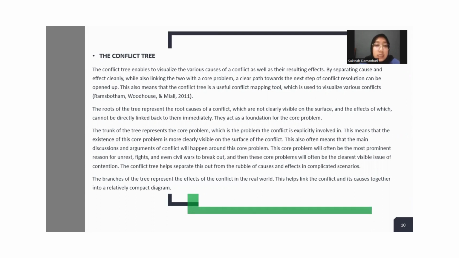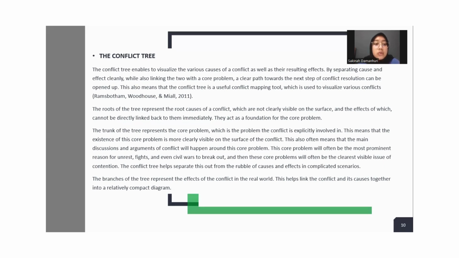This also means that the conflict tree is a useful conflict mapping tool which is used to visualize various conflicts. So the first part is the root. The root of the tree represents the root cause of a conflict, which is not clearly visible on the surface and the effects of which cannot be directly linked back to it immediately. So it acts as a foundation of the core problem. For our issue, the conflict between the US and China, the root cause is that the US feels that they import more goods